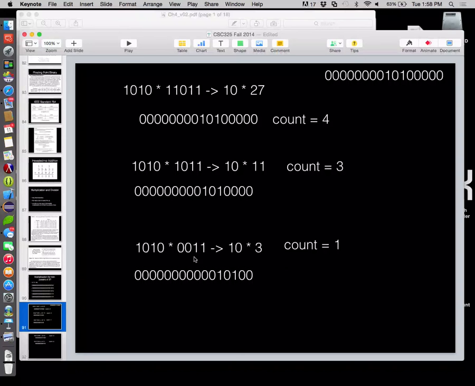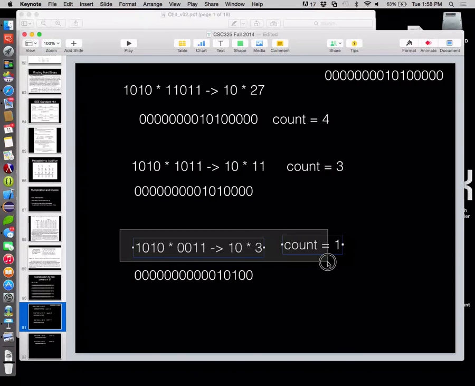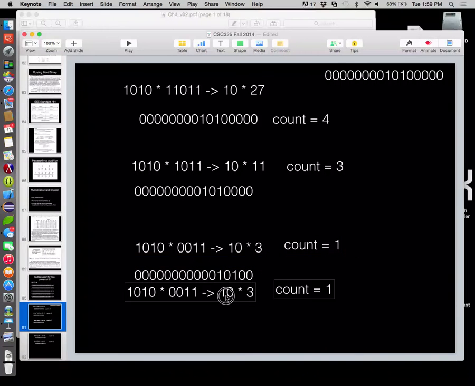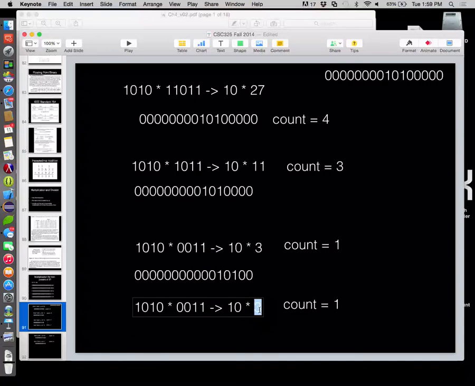Okay. Then call it 1 more time. This time we're going to do a 10 times 1. That's 3 minus 2. So this is our 2. 2 to the first power is a 2. 3 minus that gets us our 1. We know that's a count of 0. So we can either look at that or look at this. So we're not going to left shift at all. We're just going to leave it. Okay, now